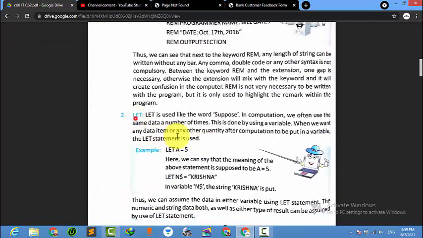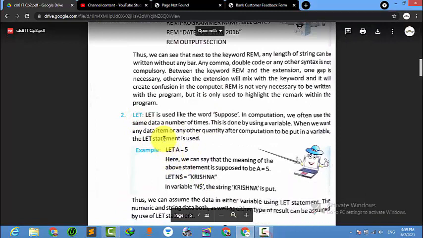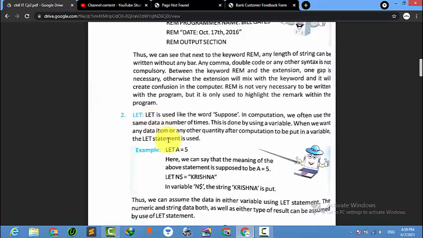Now the second one is LET. What does LET mean? LET means assignment.